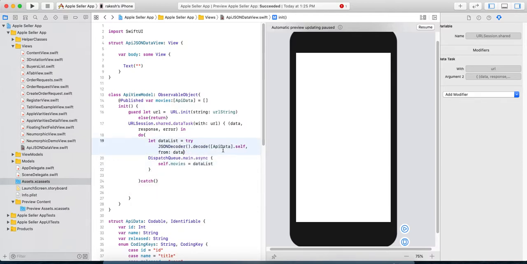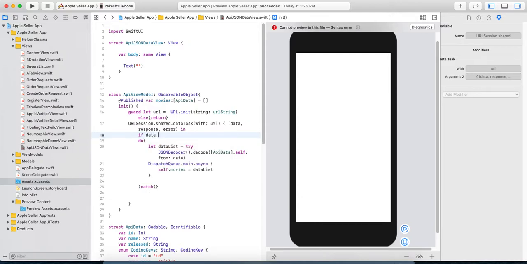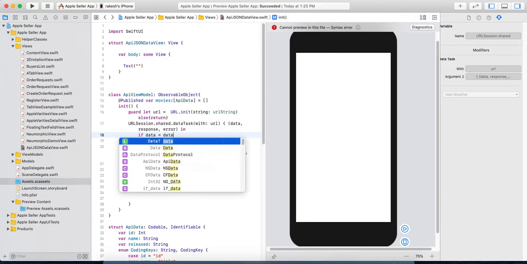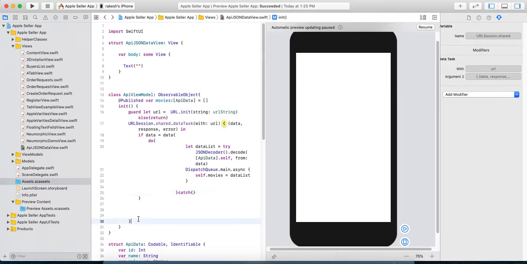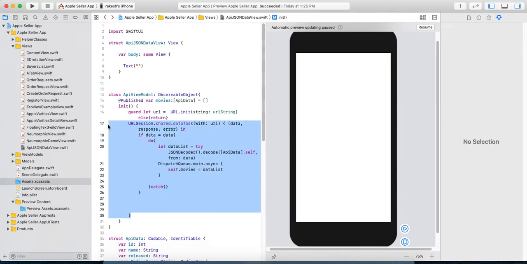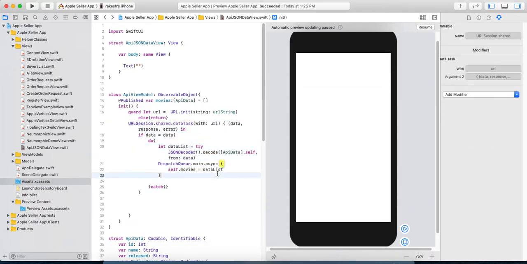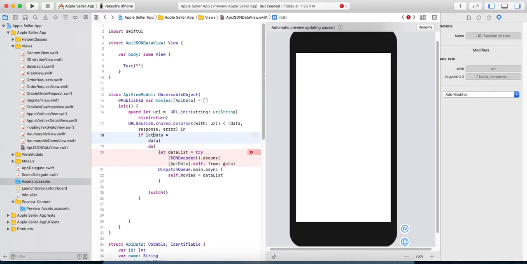For now, we will add one more condition: if let data, if our data is not nil, then it will work fine and it will update the movies array.